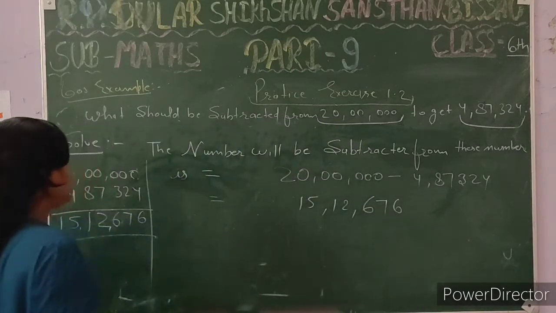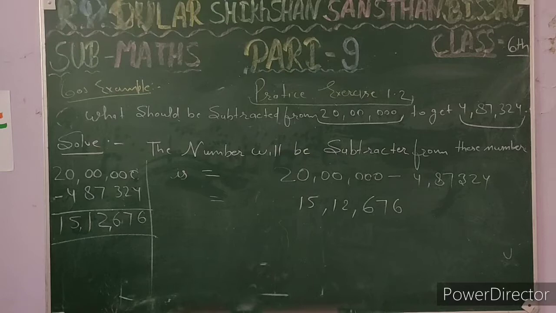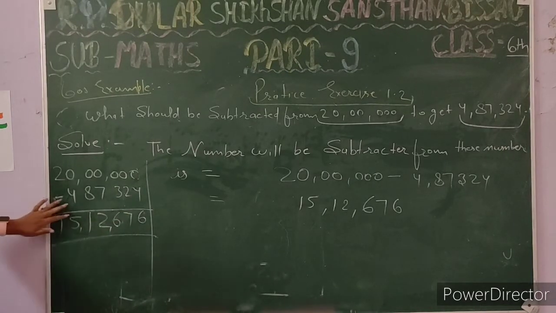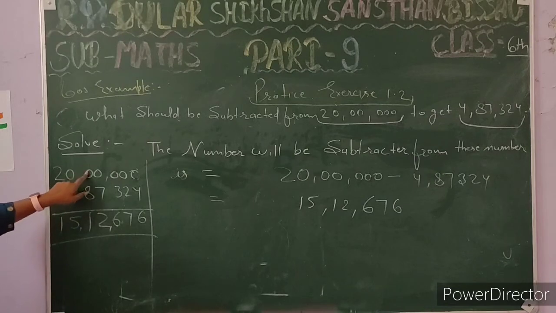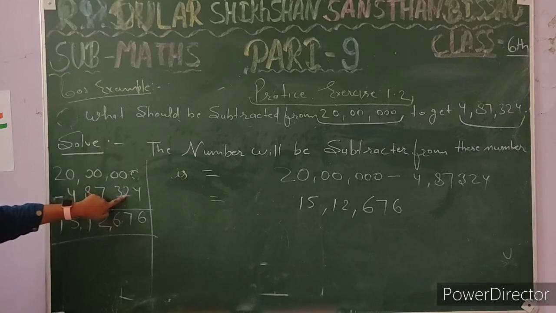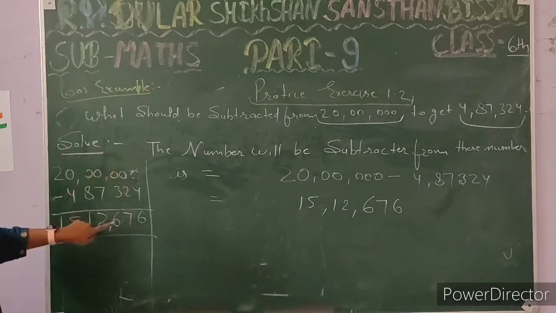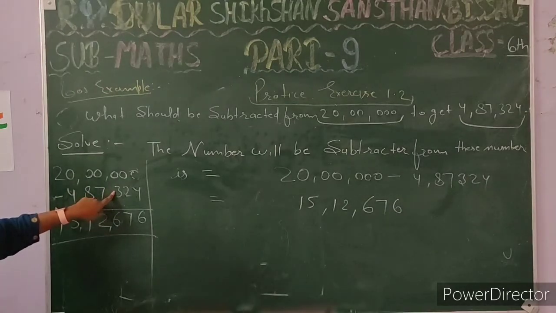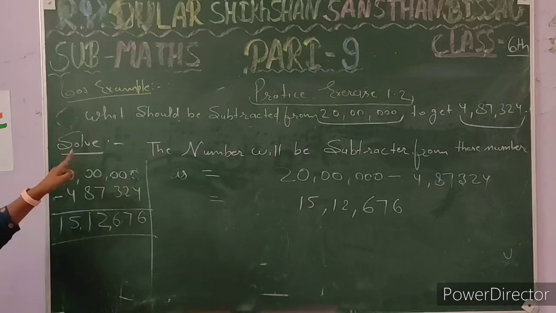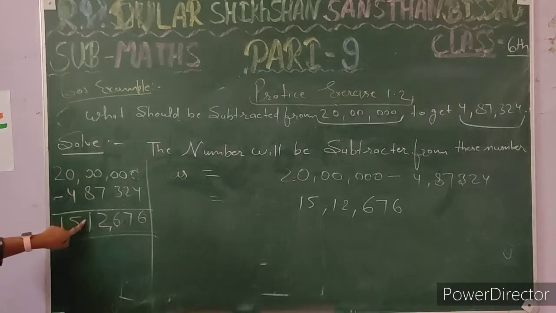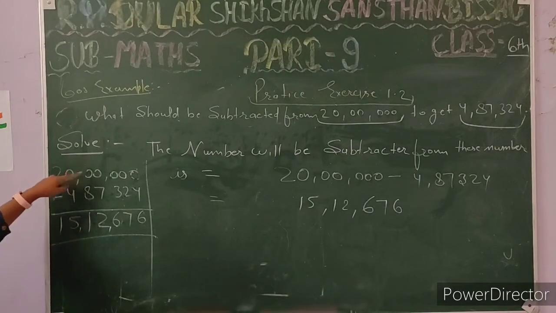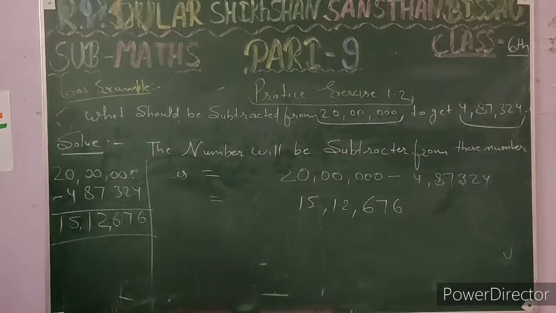Students, don't be confused about how we do subtraction this way. I will tell you a very easy method. Look here: if you take your answer and add both numbers, you will get the original number. 6 plus 4 is 10, 0 and 1 carry. 7 plus 2 is 9, and 1 carry makes 10. 6 plus 3 is 9, and 1 carry makes 10. 1 plus 8 is 9, and 1 carry makes 10. Then 5 plus 4 is 9, and 1 makes 10, and 1 is 1.